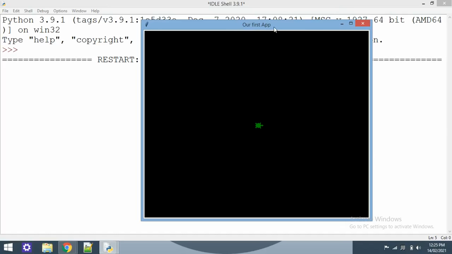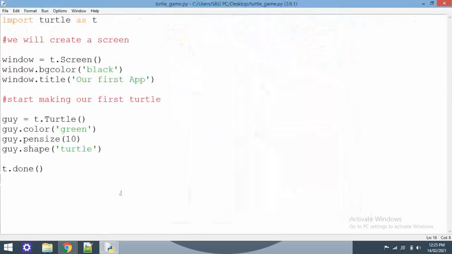You can add more things like width and height. And we have something called turtle, its color, its pen size. You don't see the pen size right now because there is no mark on the screen, since we don't move our turtle anywhere. And we can set the shape also. That's for starting purposes.